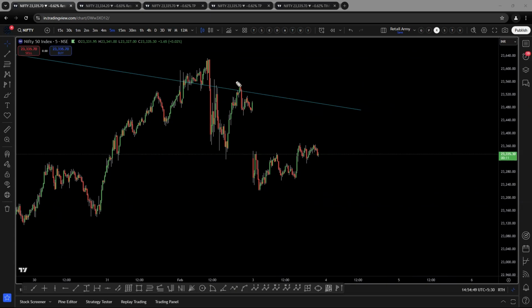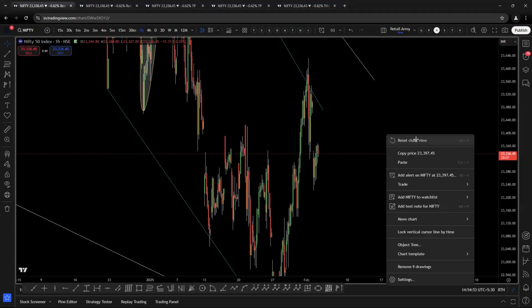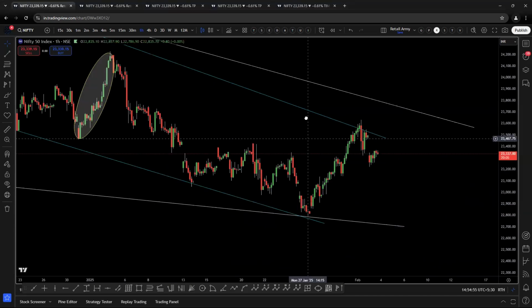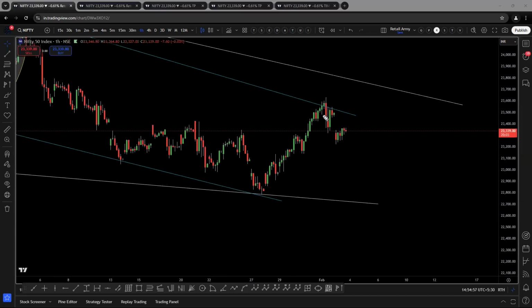So overall structure, what I see so far in the Feb month is not complex, but something we have to be very careful of is if the market does this: one of the scenarios is it goes back higher and comes back down. This is one of the scenarios. The next scenario is that